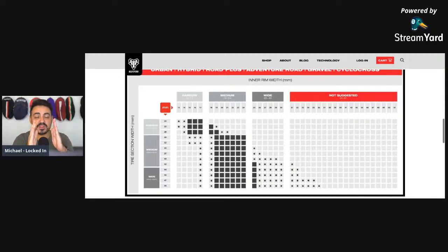Obviously, as that rim width increases internally, it's going to support the tire better, meaning it's going to be less bulbous and it's going to create more contact patch with the road to create more traction. So you don't want too much contact, because that's going to create more drag. But if you're looking for ultimate traction, the wider end of the spectrum for any tire size is going to corner a lot better, but your drag in the center is going to be slightly increased because more of the tire is going to be hitting the ground. So you're looking at what they're recommending between a 19 millimeter up to a 25 millimeter internal rim width for as small as a 42